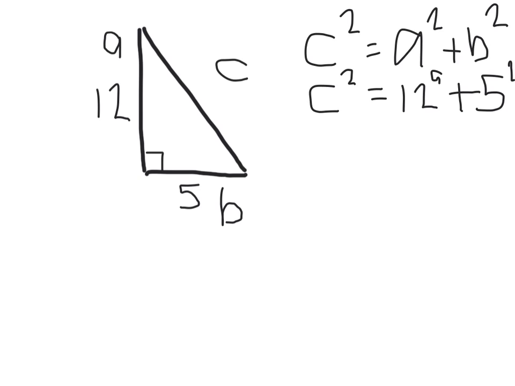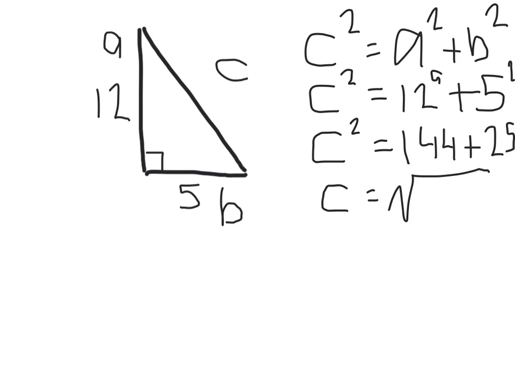Our next line will look like this. C squared, so 12 squared, 12 times 12 is 144, plus 5 squared, so 5 times 5 is 25. Our next line, we can now find C is equal to the square root of the sum of those two numbers. So 144 plus 25 will give us